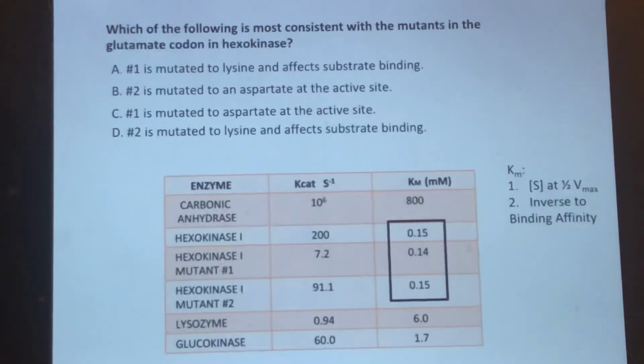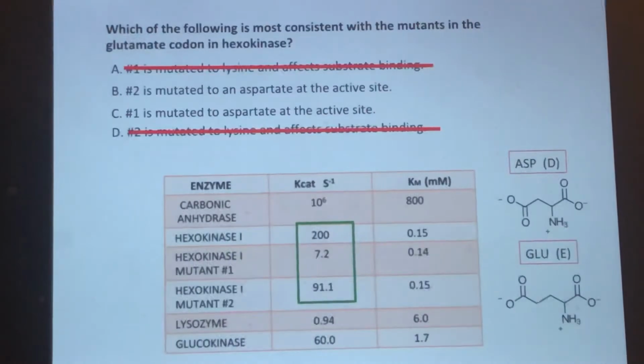Well, let's think about what KM means. It means the concentration of substrate at 1/2 Vmax, okay? It also refers to the inverse of the binding affinity. For example, if you have a high KM, you have a low affinity for the substrate and vice versa. So therefore, if you take a look at the answer choices, what you would think is that it doesn't affect the substrate binding, and so we can eliminate choices A and D and now focus our attention on the KCAT